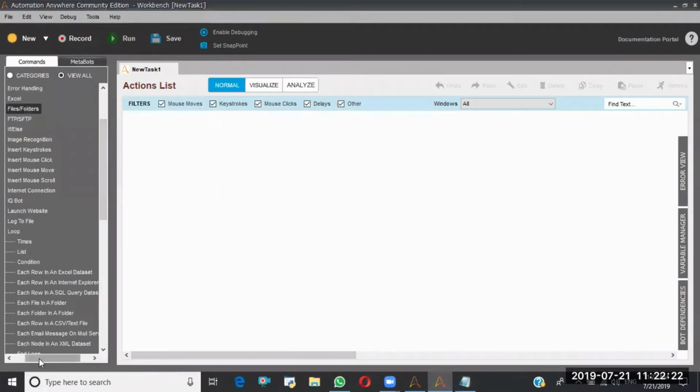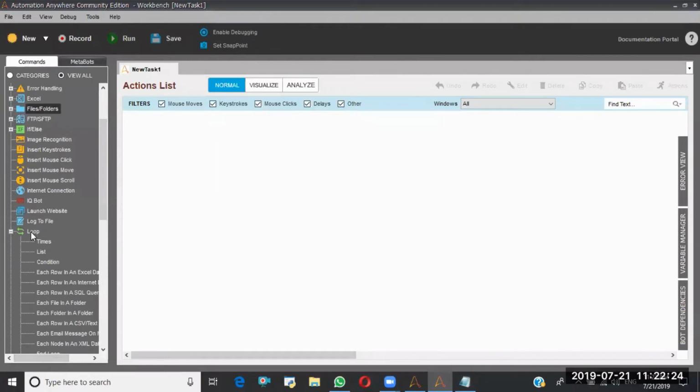In our workbench here we have Loop. Under Loop we have a lot of sub commands. First is the Times loop.